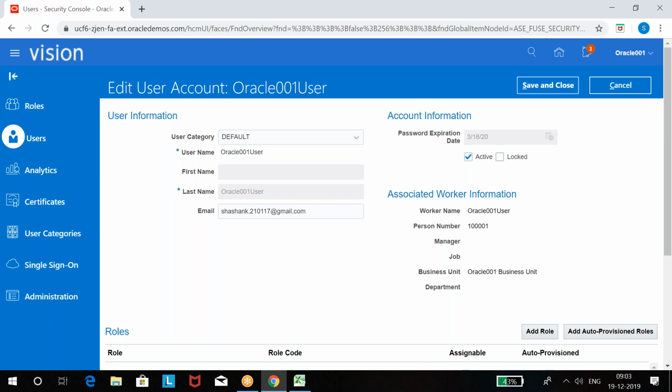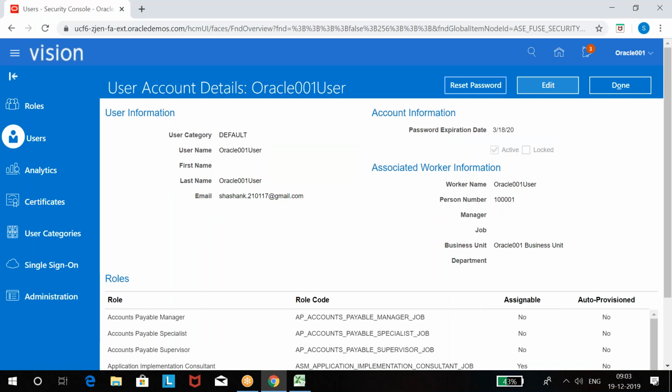Next, data access. All these job roles don't have any data access as of now, isn't it? So we need to provide data access to all these job roles. See, only GL and AP is enough. Supplier manager and buyer don't require any data access. Okay, AP related job roles. We assign business unit to AP related job roles. The reason we assign business unit is because the accounts payable module works with business unit. Whatever invoice we create, whatever payment we process, it happens with business unit. We don't assign ledger to accounts payable, we assign business unit to accounts payable. All AP related job roles need to be assigned with business unit.